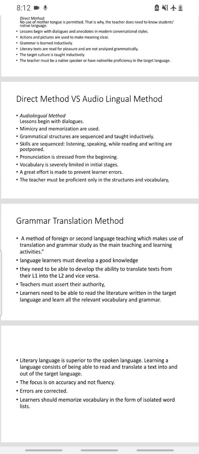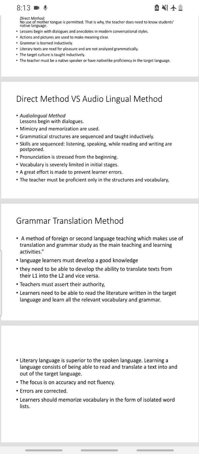So the students and the teachers use the mother tongue. They do not use the target language. The teacher hardly uses any sentence of English, but tries to translate it into the mother tongue. So translation is done, and the focus is also on the students' translation. The students are taught how to translate language appropriately.